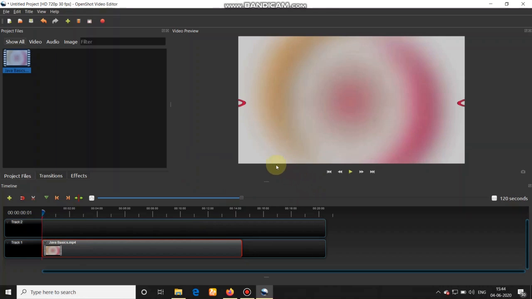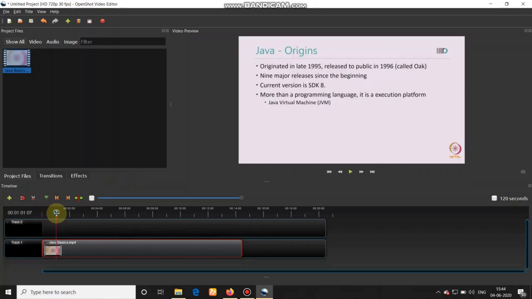So suppose I start playing my video, it is going to play, and at some place, say after 50 or 60 seconds, I have something that I don't want in my video. So what I will do is move my slider to the exact location from where I want to trim my video.